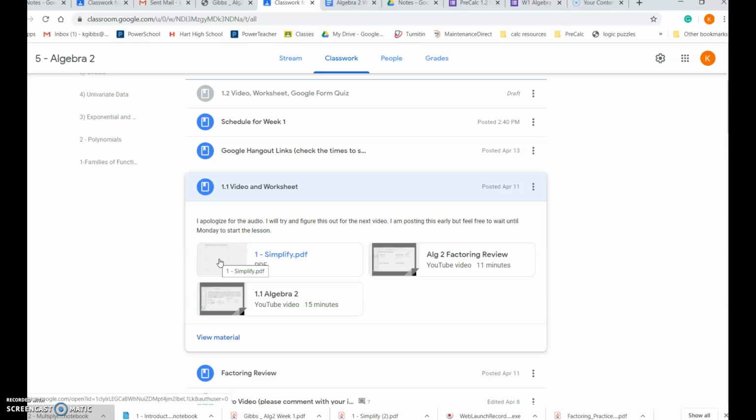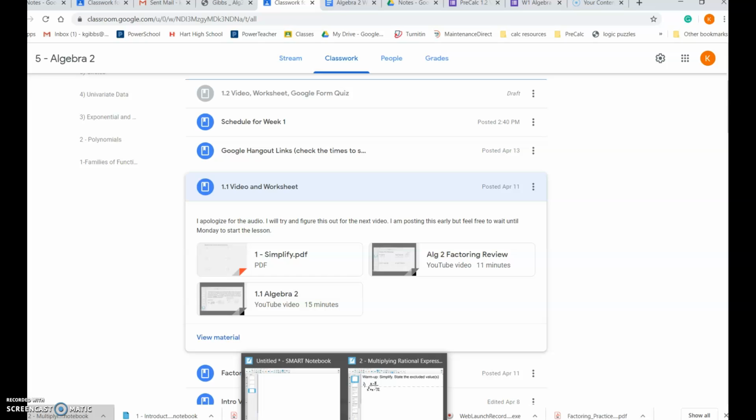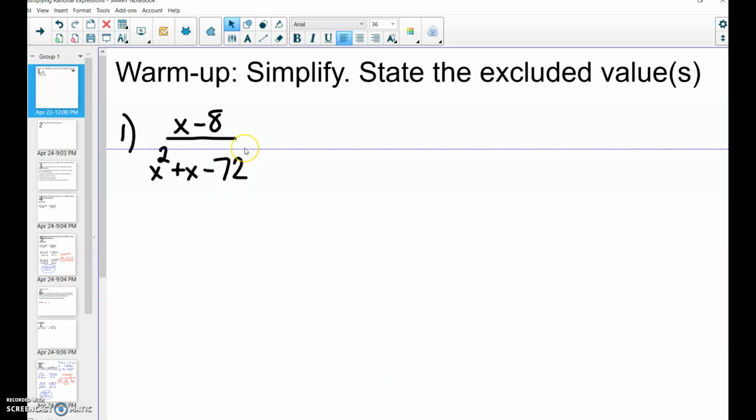Okay, so that's for grades. Do not stress about having to do every single problem. Okay, pick ones that are going to help you. Pick ones that look a little easier to start with, and then pick one that looks a little bit more challenging to make sure you're fully understanding it. The way that I am going to be assessing you is through a Google form quiz. So you will see that, but I will take you back to our slides now.